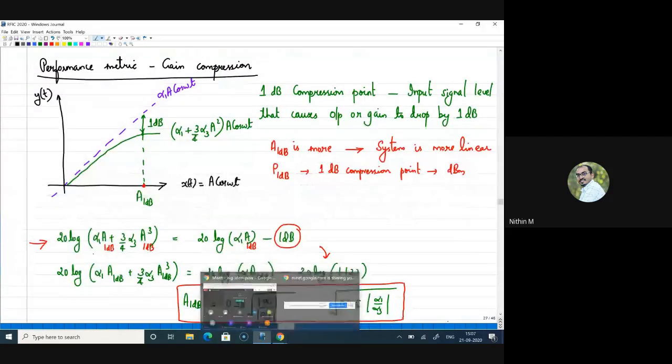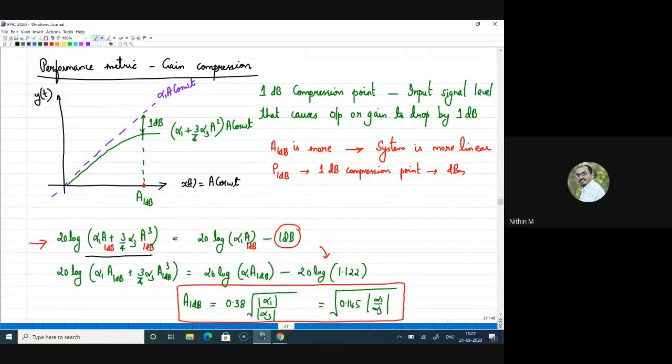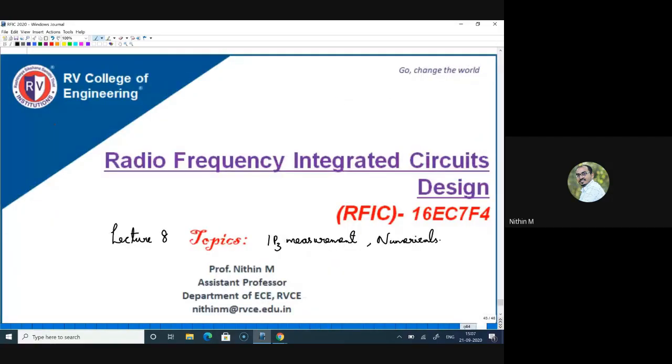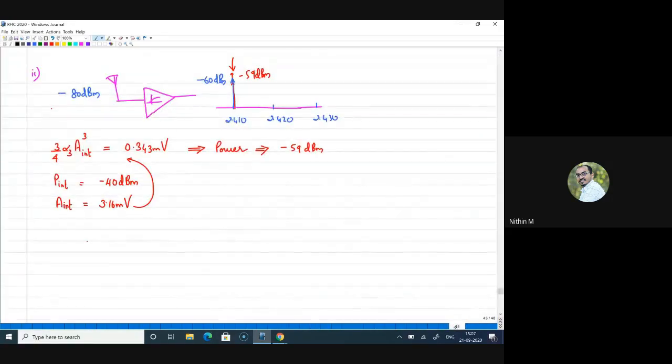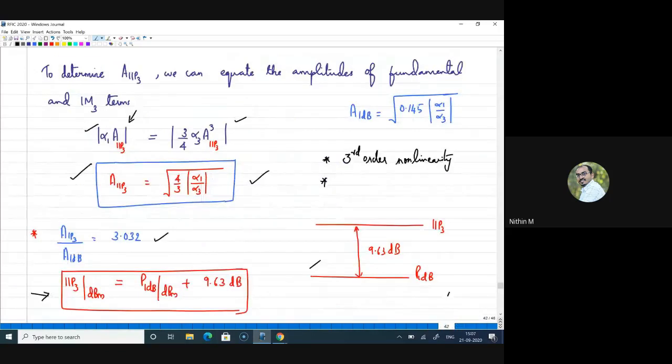So the fundamental term itself has one more contribution because of non-linearity; we will have this term as well. But I haven't taken that term into consideration in deriving the expression for this. In that way, the equation we have derived here will help as a sanity check, just to have an estimate, an idea about IP3. We can definitely use this.